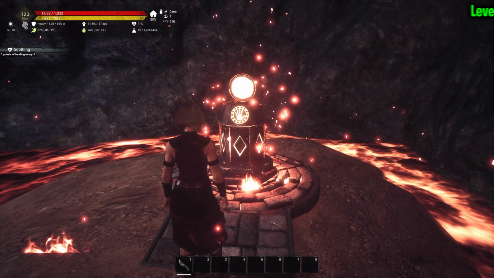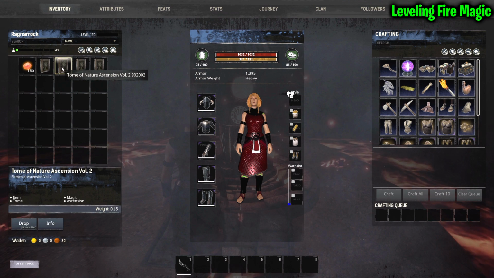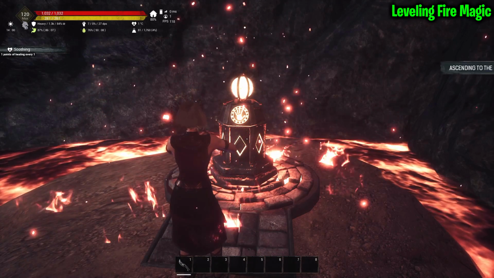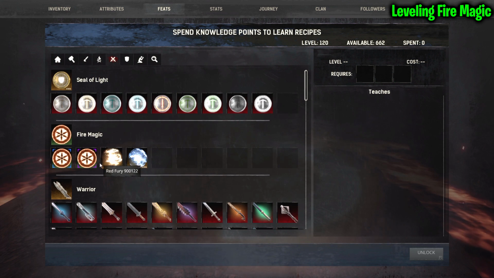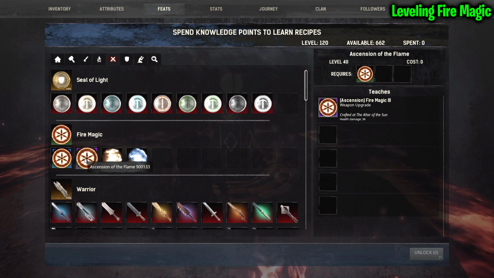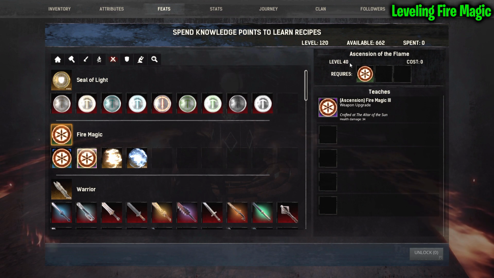So when you're ready to get Earth Magic level 3, you're going to come here again with Tome of Nature Ascension Volume 2 and 150 Power Gems. Level it up. As you can see, same animation, and right here, level 3. Also, Fire Magic level 3 requires you to be level 40 in order